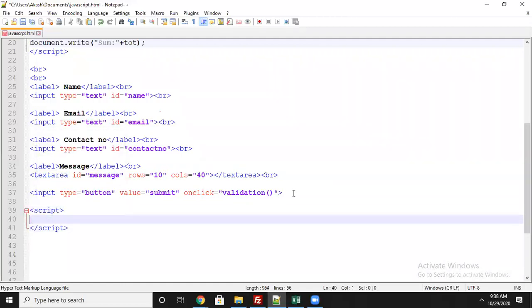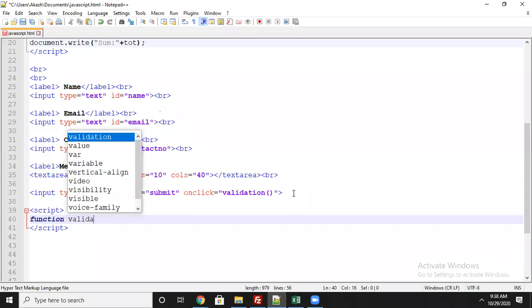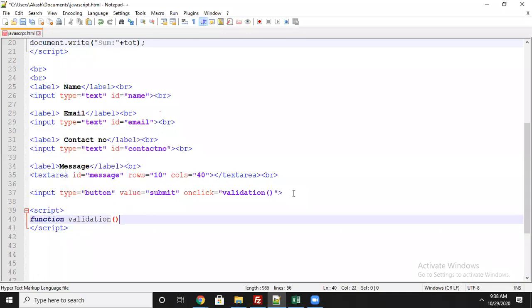I am writing a script tag to write the JavaScript code. Here I will write one function. The function name I will give as validation, and open a flower bracket and close it. If you want to define any user defined function in JavaScript, first you have to write the word function, then the function name, and an open flower bracket indicates the function started here, and the closing flower bracket indicates it ends here.